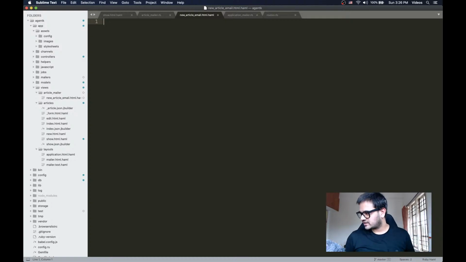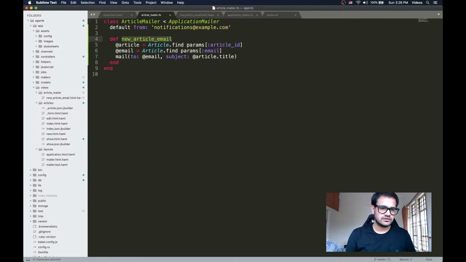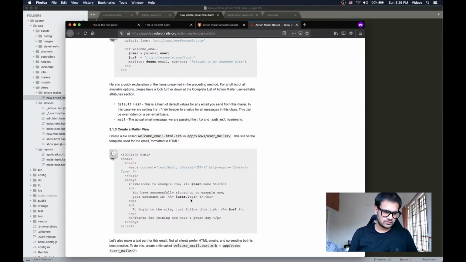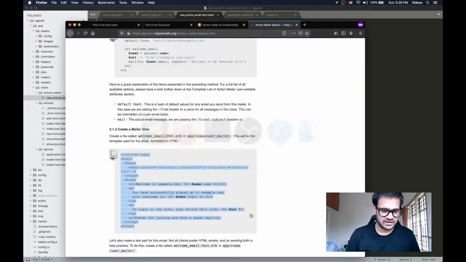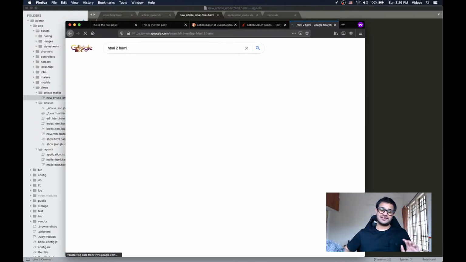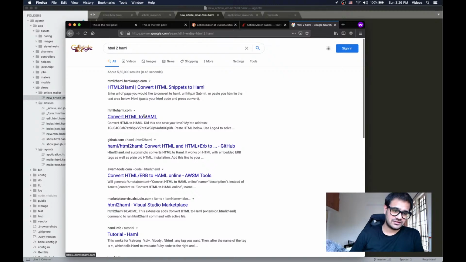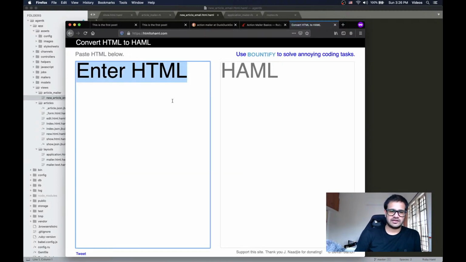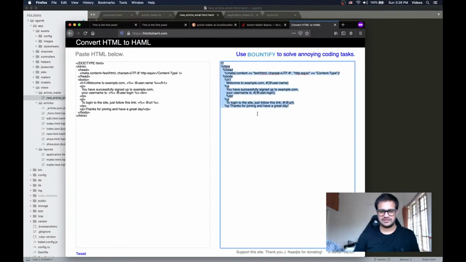Amish Datta. Hi Amish. So we have added a new this thing. We can also use ERB, but I'm not using ERB because why use ERB. HTML to HAML, I'm looking for a converter because I don't want to write so much code right now, because I'm currently in the thinking mode, I guess. But yeah,